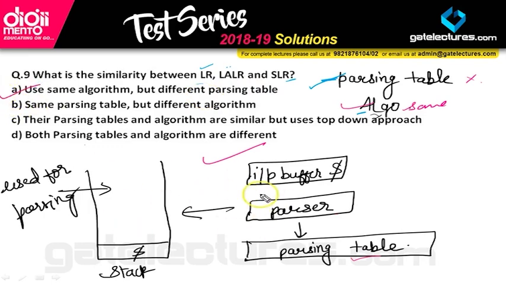You can remember these points. They use different parsing tables. We have seen that due to where they put the reduce move, that creates the difference, and it also shows which one is more powerful. That's why LALR is powerful, because here the reduce conflicts are very few. Okay, so that's why.